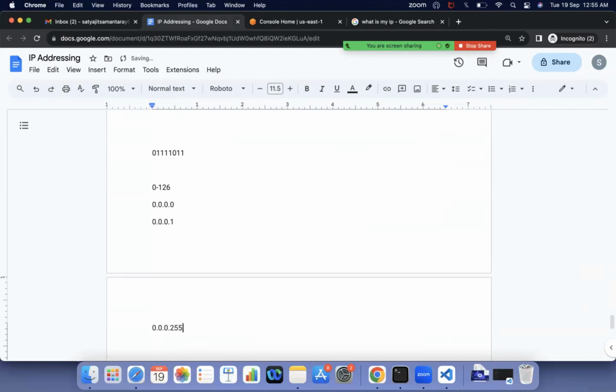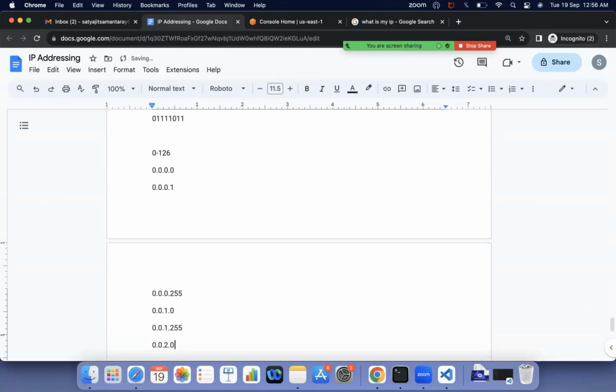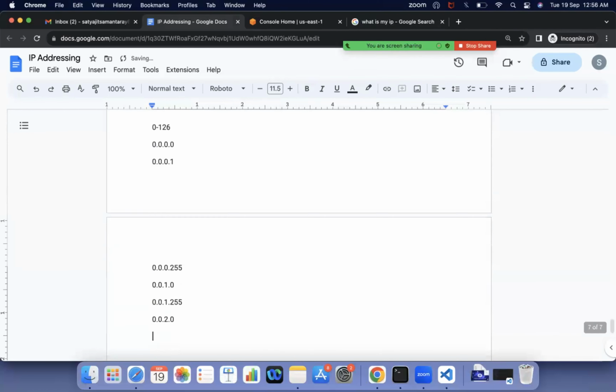255. Then the next IP will be the next bit or byte. It will make it as 1. It means 0.0.1.0. Like that, the serial will go. The last IP will be 0.0.1.255, the latest or last IP. And the next one will be 0.0.2.0. This way, the IP calculations will go, and it will go up to the maximum. The last IP will be